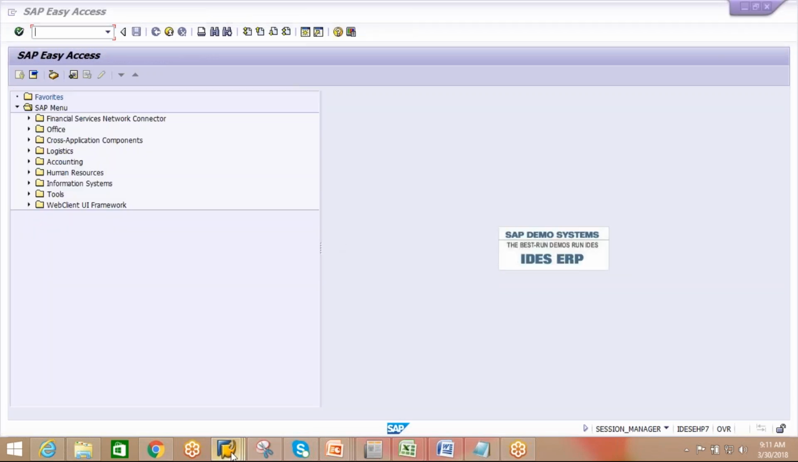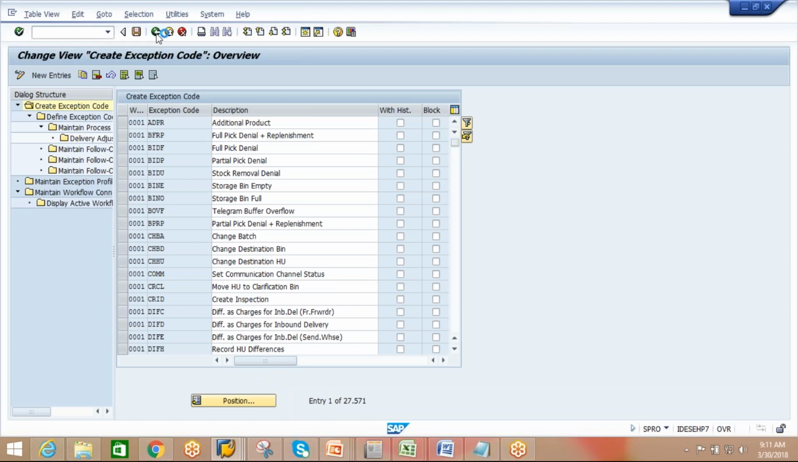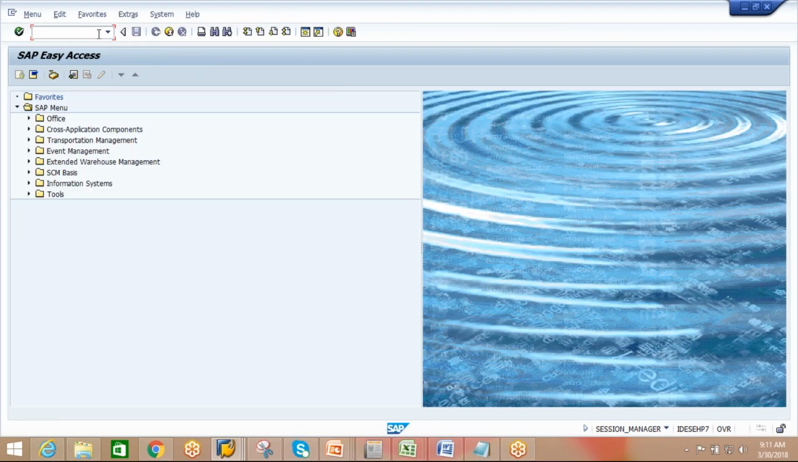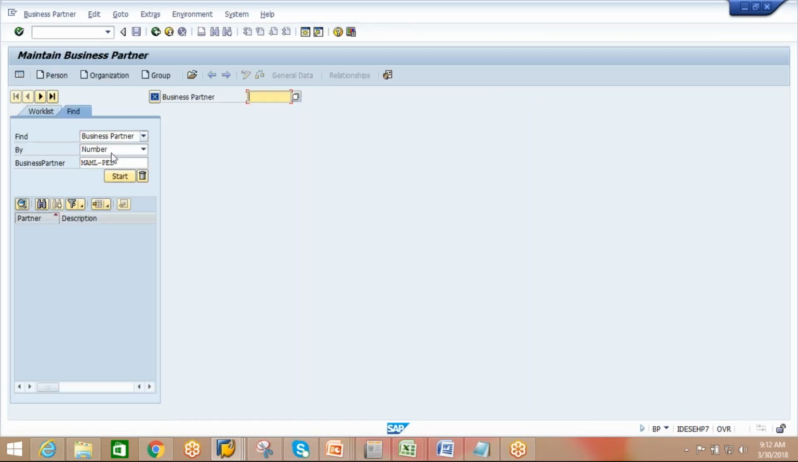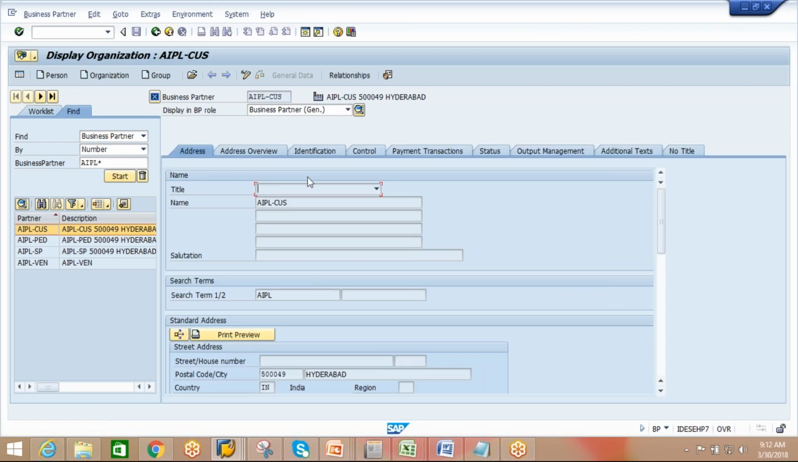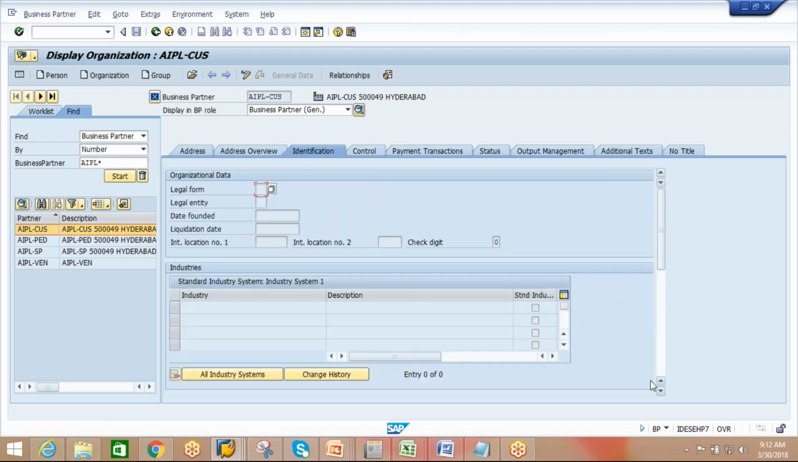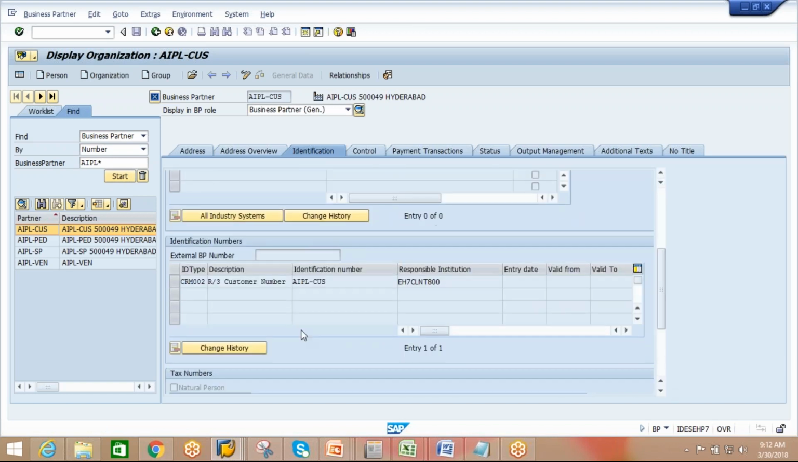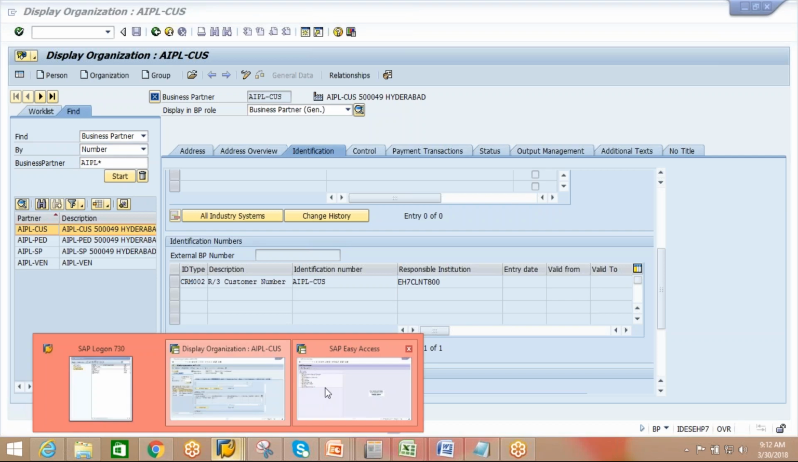I think go to BP transaction. BP. APL star customer is there. The only difference is the identification type between the vendors and customers. Customer CRM 00, CRM 002. Okay, this thing. Now we create a sales order in